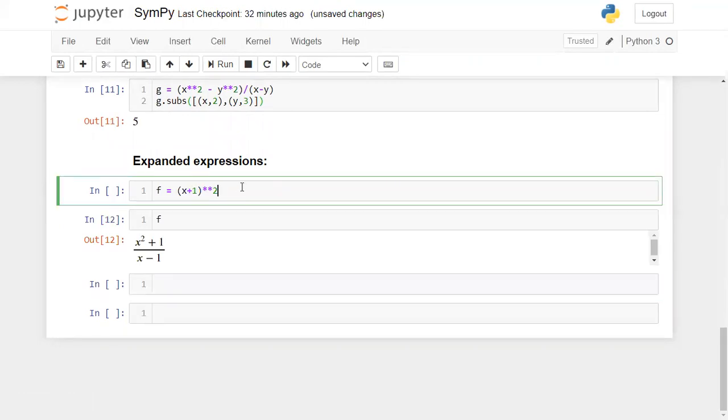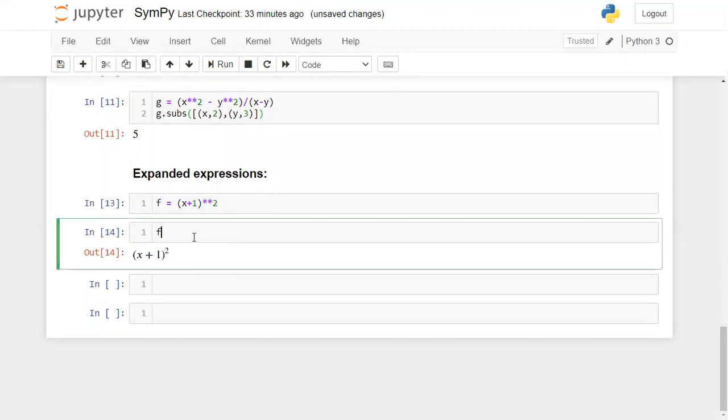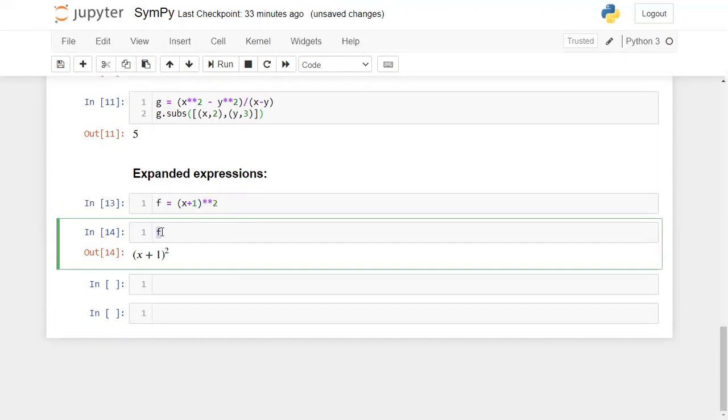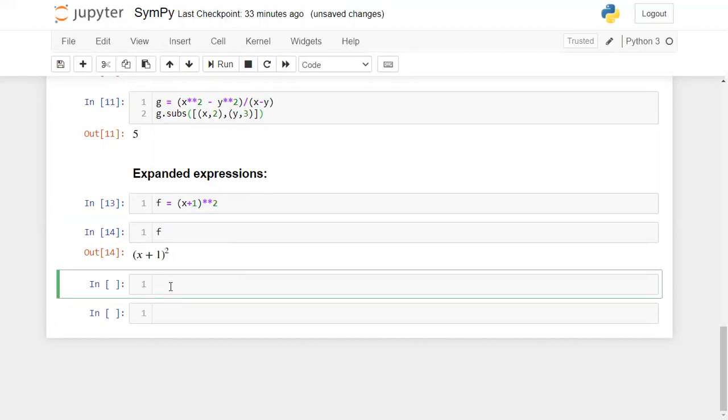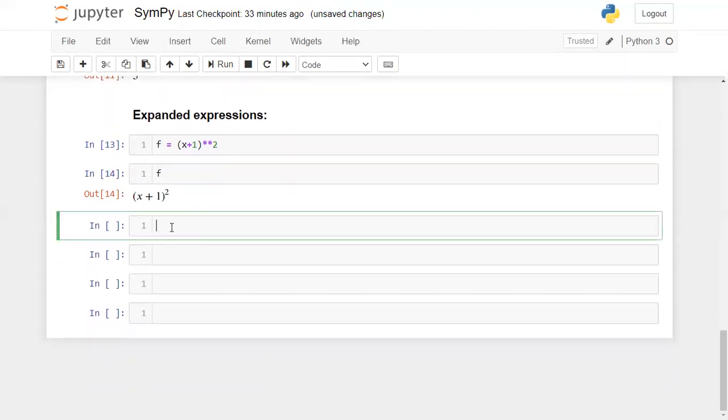I didn't execute this, that is the reason it is giving some other output. Now if you observe, it is giving x plus 1 whole square. Whatever you write in your Python syntax is converted to a SymPy representation, a symbolic representation. Now I want to expand this expression, like x square plus 2x plus 1. Whenever you want to expand any expression, you need to use another function, expand.